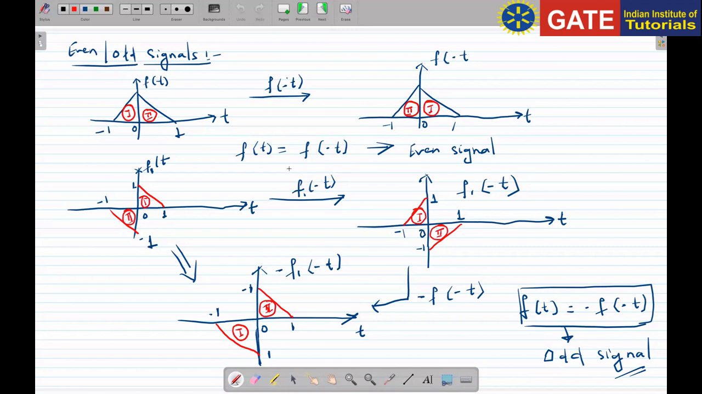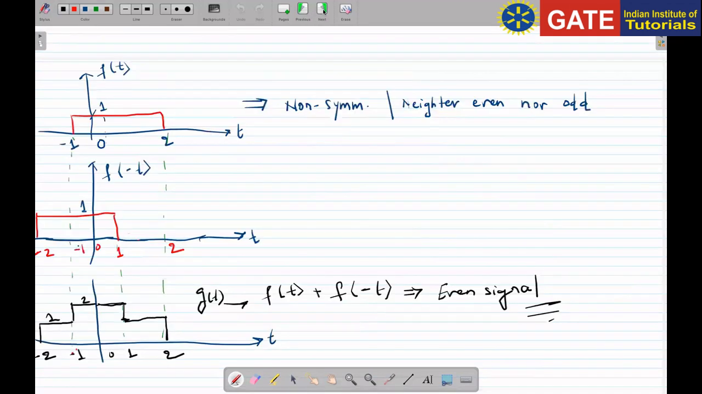Okay. So this is all about even and odd signals, and maybe next we can say that